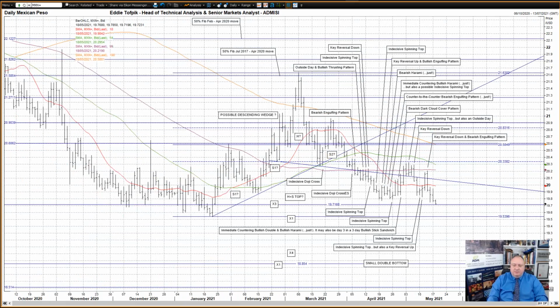US dollar against the Mexican peso. A third bearish black crow yesterday and a continued follow-on lower to last Thursday's combined key reversal down and bearish engulfing pattern. It was not a new recent low, but it was a new recent low close. We're now approaching a significant support, congestion in the 1971.68 area. We nevertheless still have below all the potential targets from the two head and shoulders top patterns overhead